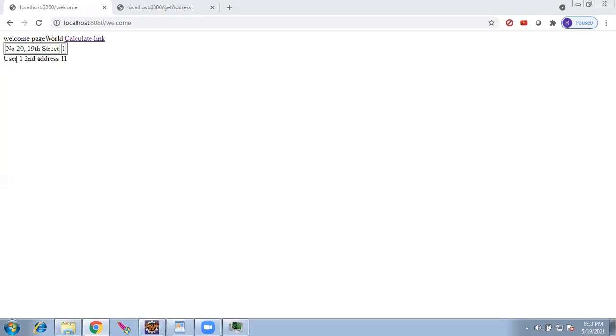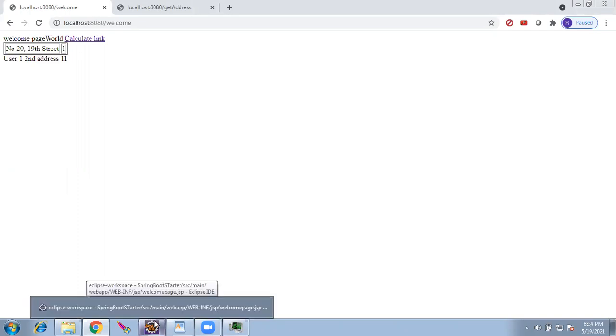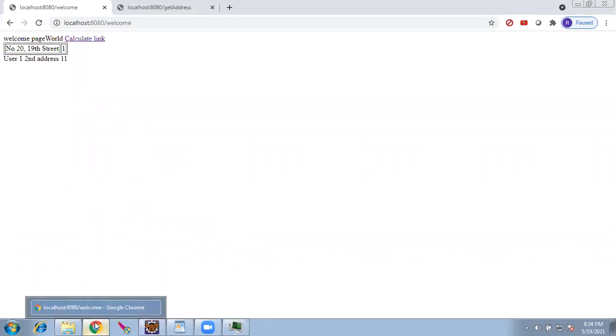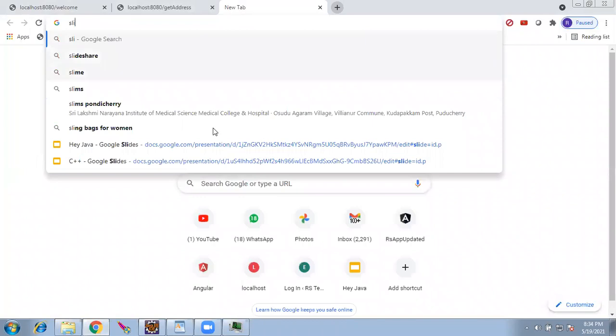So you can see that this is bringing the records from the database. Whatever I was telling from day one, this is what we were trying to achieve. For this only, we were going through all these concepts. So now, let me quickly write what all we have gone through to achieve this.